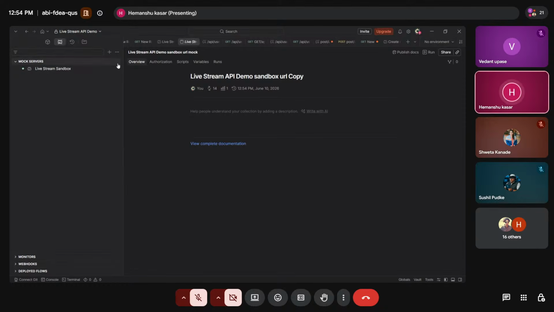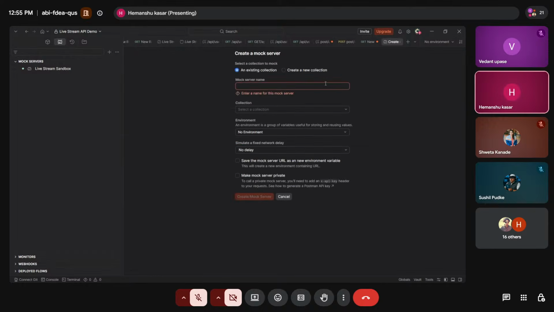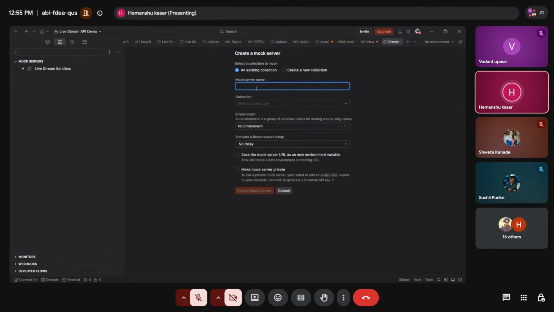Now coming over to creating that particular URL, how we can create it in Postman. Simply I will click on this plus sign, and in the mock I will click. So here you have to give the particular server name, like I will give ecom test.